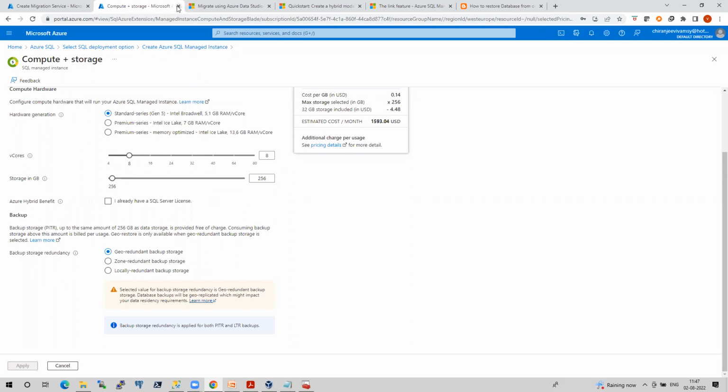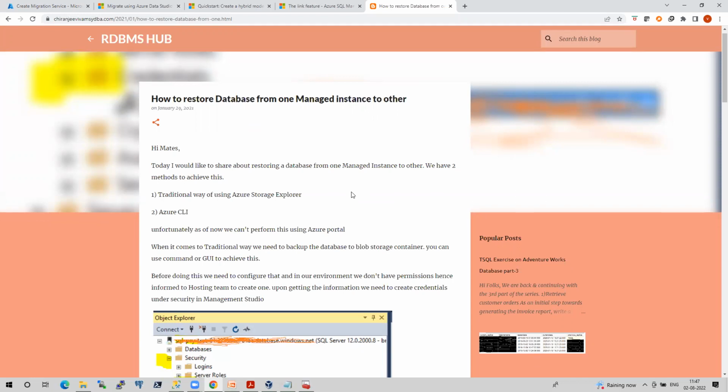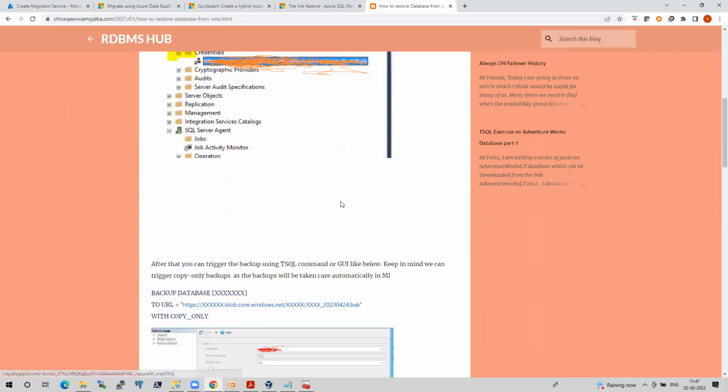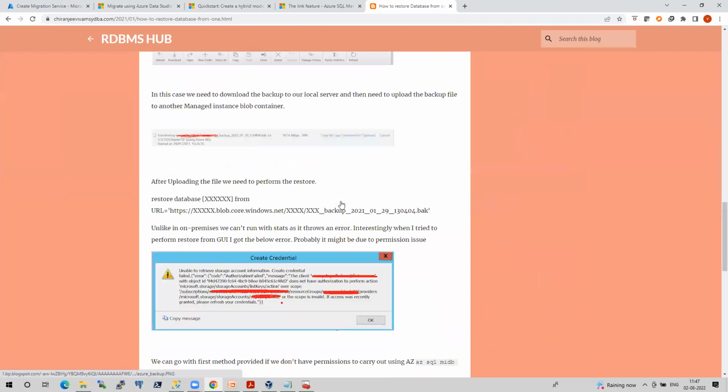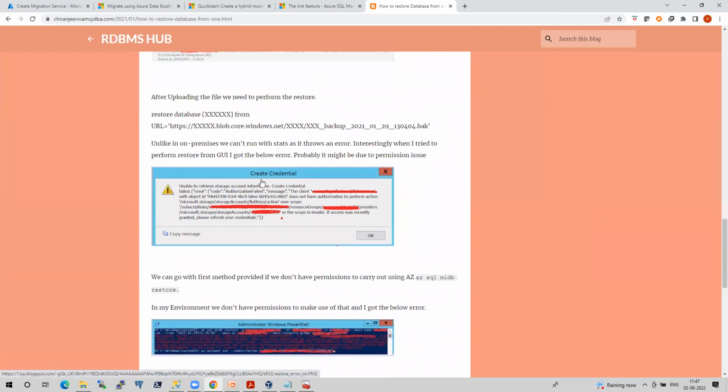Okay, and I got one scenario in my real time, where they asked me to restore an MI database from one MI to another MI. I blog posted this a long time back. I got a few errors as well, because it is not possible to carry out from the GUI, as you will never get all the permissions in real time.